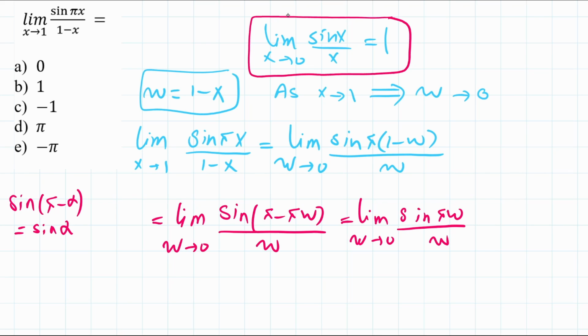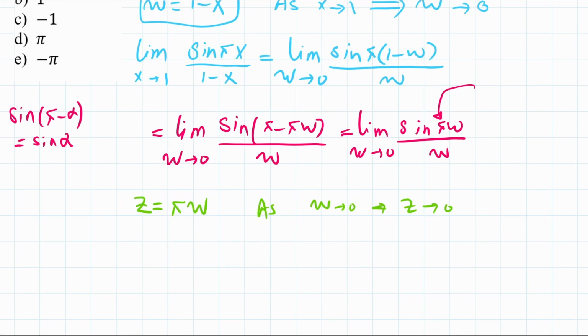The reason why we cannot use the famous limit directly is because of the pi here. So we make another substitution, and the other substitution is going to take care of that pi. So we say that z is equal to pi w. Now, as w goes to 0, also z will go to 0, and therefore this limit could be written now as